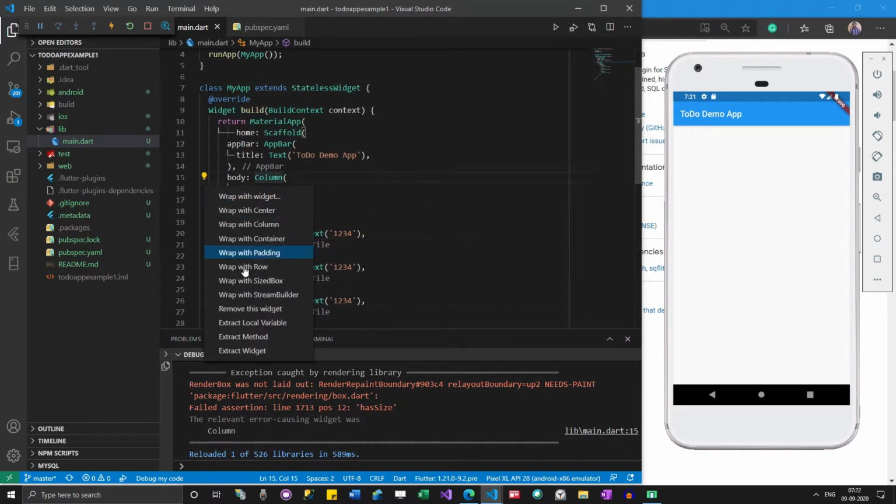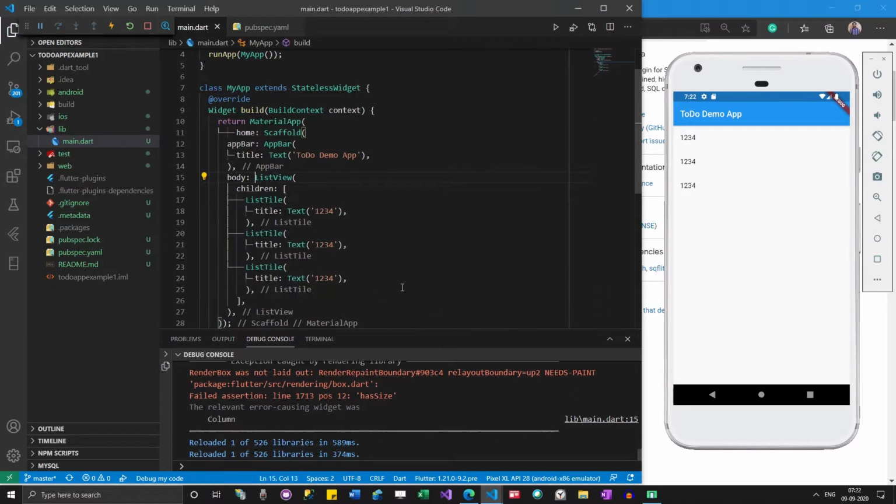I really don't need this column, so let me remove this. And then you can see there is a simple list view.